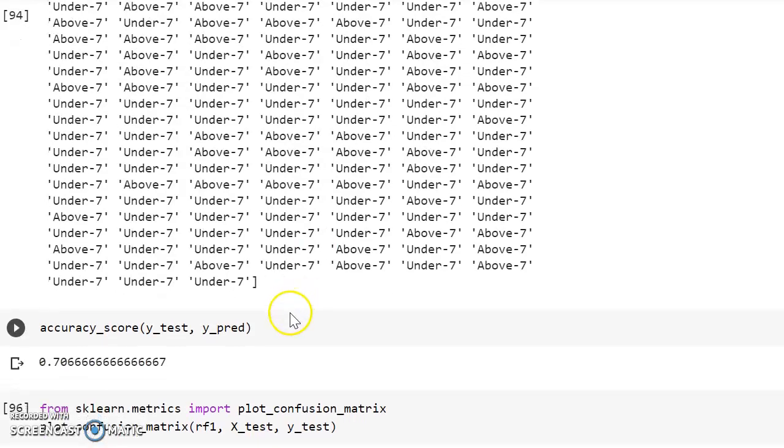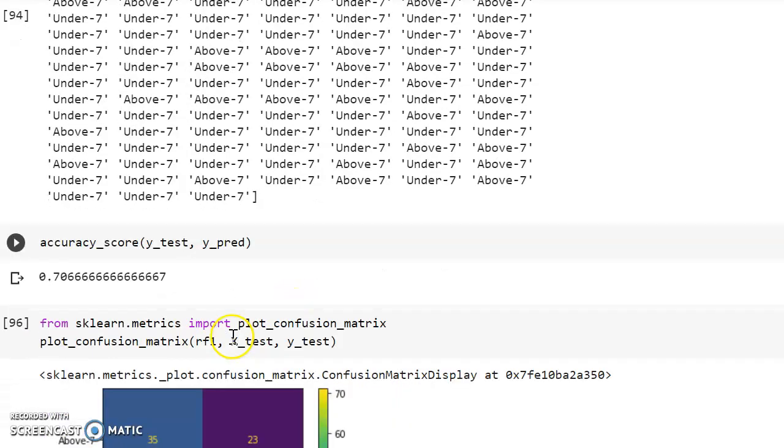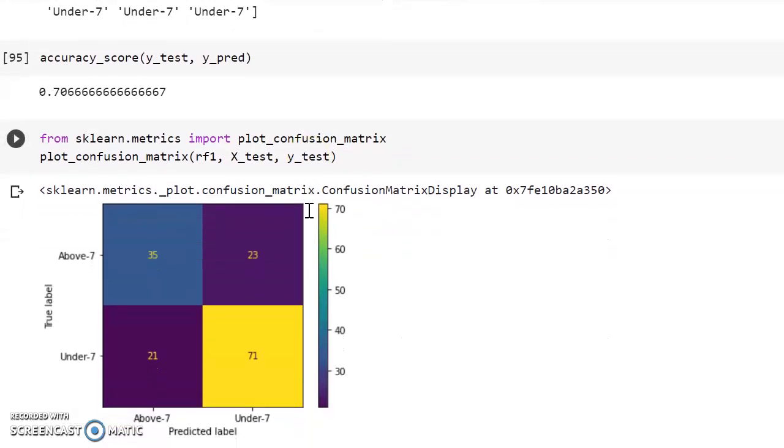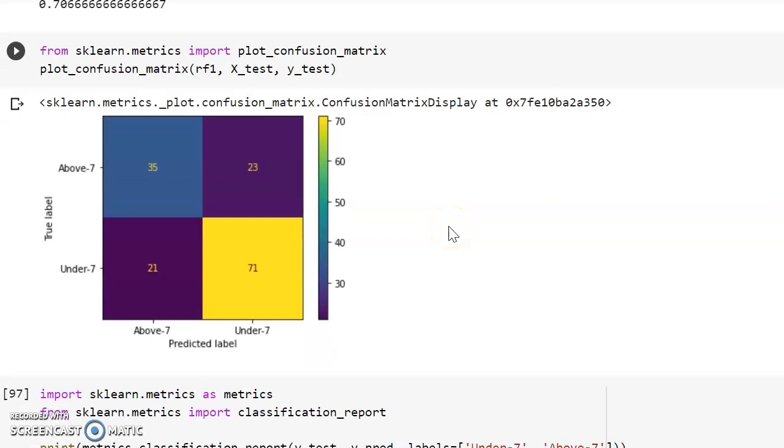And finally I got my accuracy score, which is 0.70, for Y test and Y predicted, and then I defined my confusion matrix here. Using the confusion matrix, I predicted the table for under 7 and above 7.